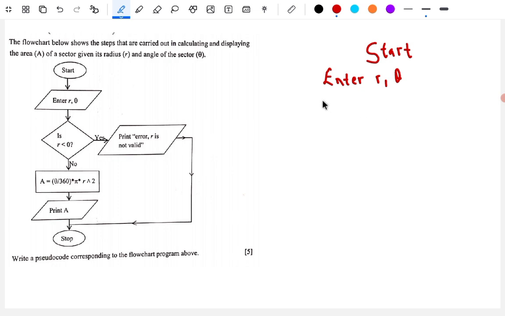but on the pseudocode you're going to write it as IF R is less than 0. And remember, yes, we said it is what, THEN, okay, and we're going to write everything in capital. I just don't have space here, but it's supposed to go in the same line. You're going to say PRINT error